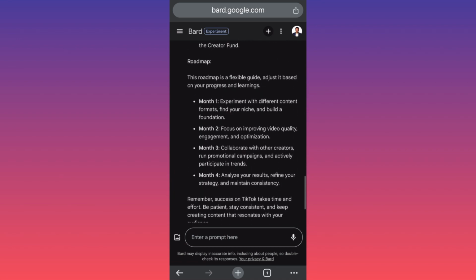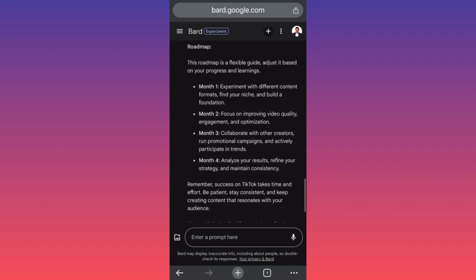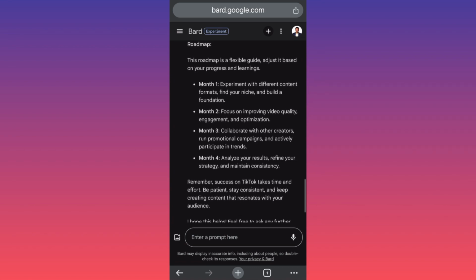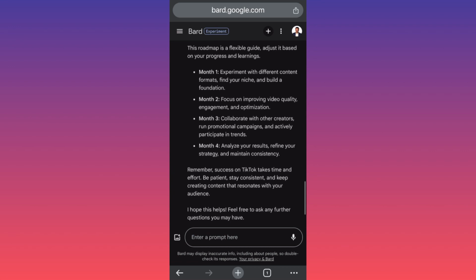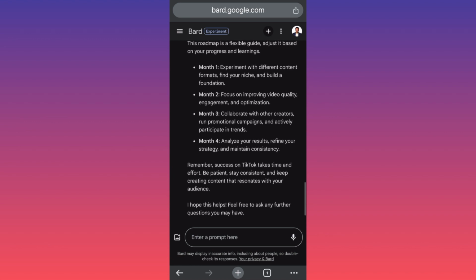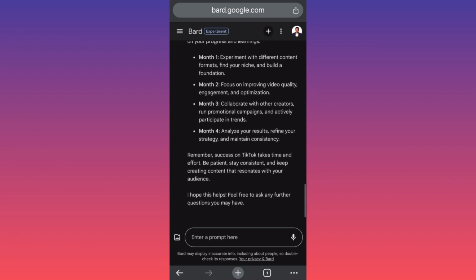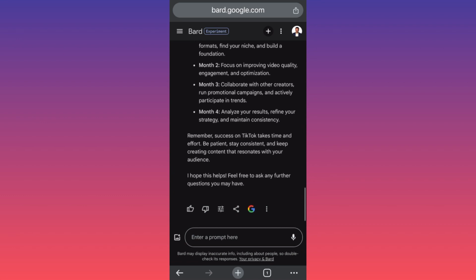So this is the roadmap, guys. This is what you are going to achieve and what you should expect. Month one will be just experimentation with different content formats until you find your own bread and butter. Month two will be simply focusing on improving the video quality, engagement, and optimization after you find the topic and the niche.